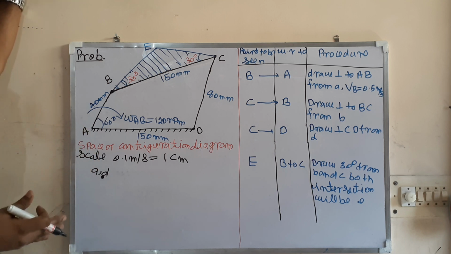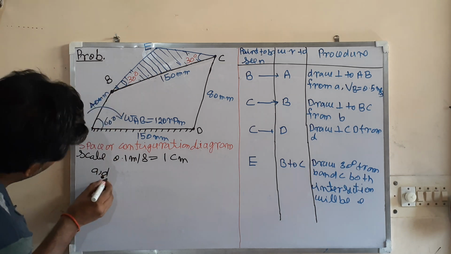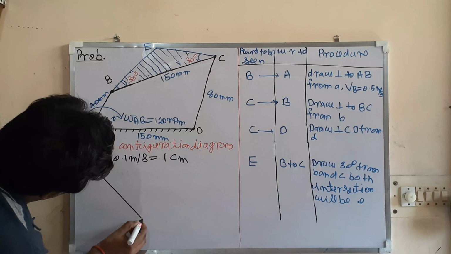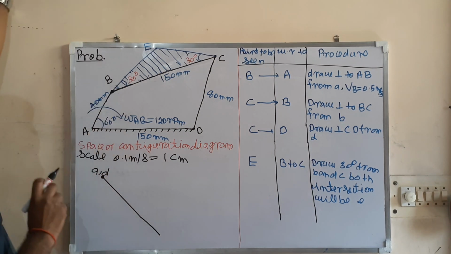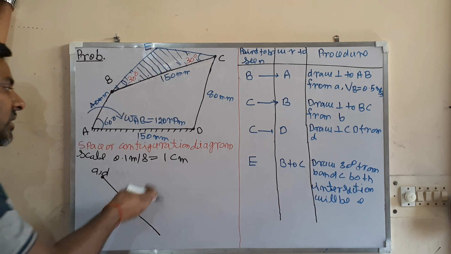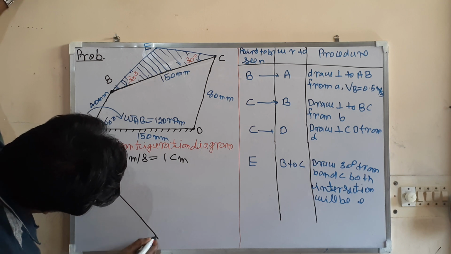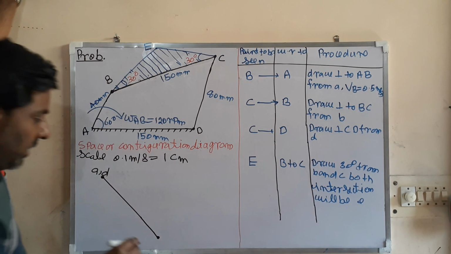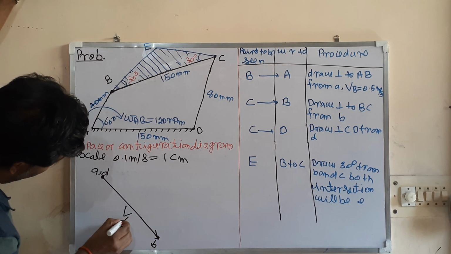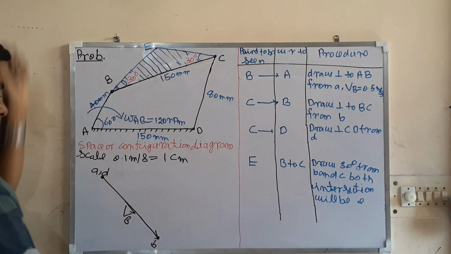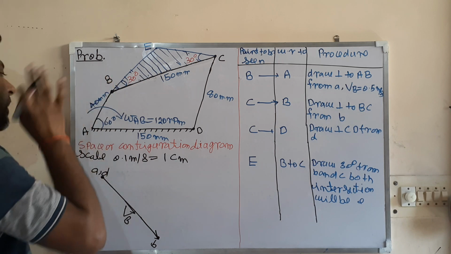Wherever you look from, draw from there. What to draw? Perpendicular to AB. So I am drawing a line perpendicular to AB. And also you know that the velocity of point B is 0.5 meter per second. So in scale that will be 5 centimeter. So that is known. So the velocity of point B is known completely in magnitude and direction. So this is B and this is the velocity of point B in magnitude and direction. That will be perpendicular to AB.